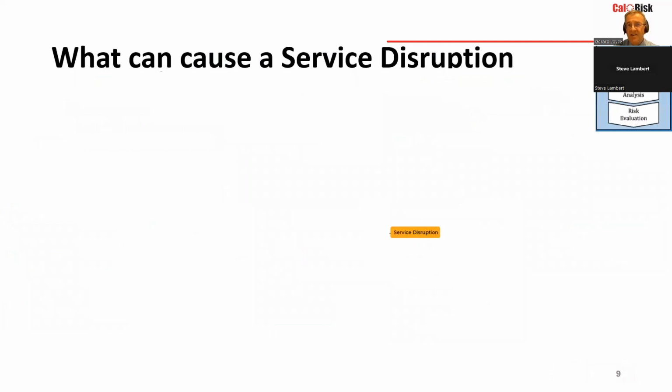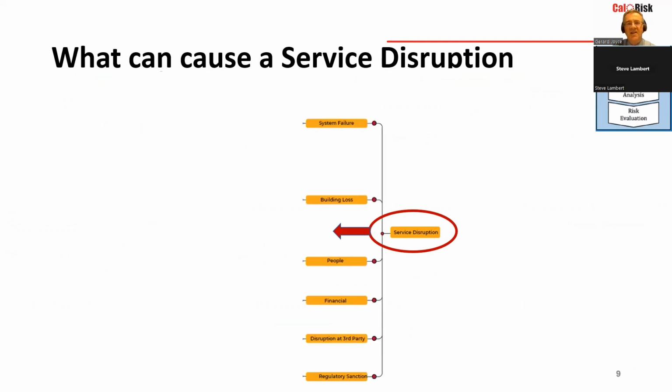So if you've identified the risk as a service disruption, not too difficult, you want to look now to the left, what could cause that service disruption? What are the sources of this? And this mind map that I'm showing you is actually the result of a workshop we did with 3 customers around the table. And it was quite useful, because you'll see in a moment that there are many things that can lead to a service disruption. It could be a system failure. For whatever reason, we'll look in a moment,